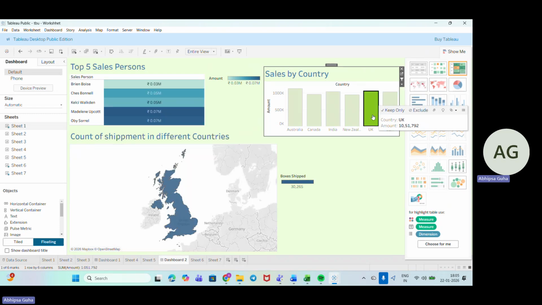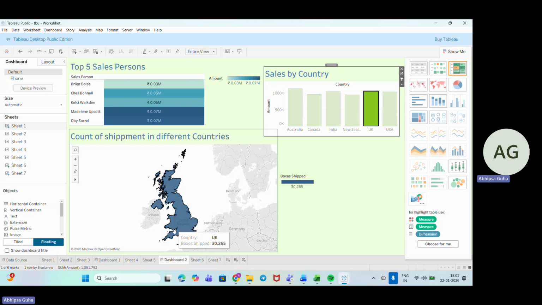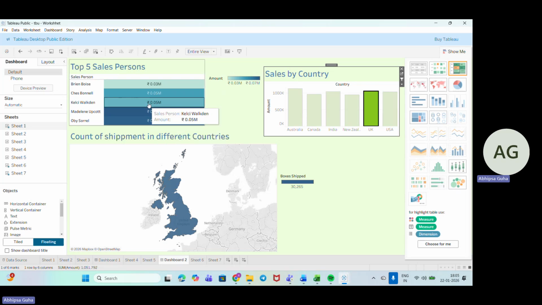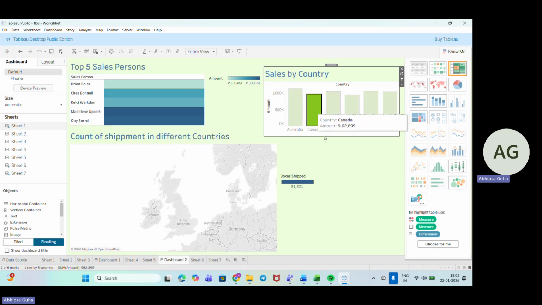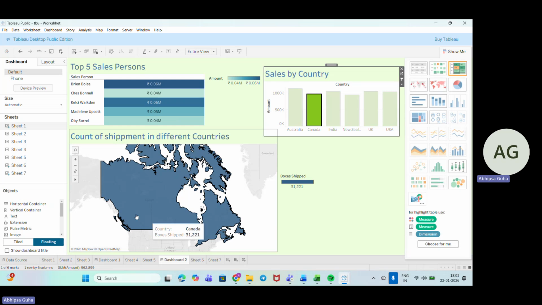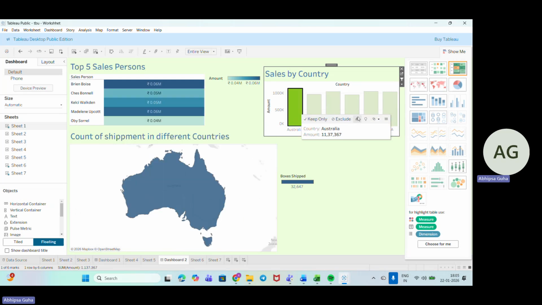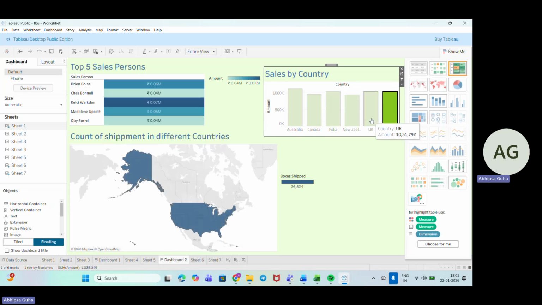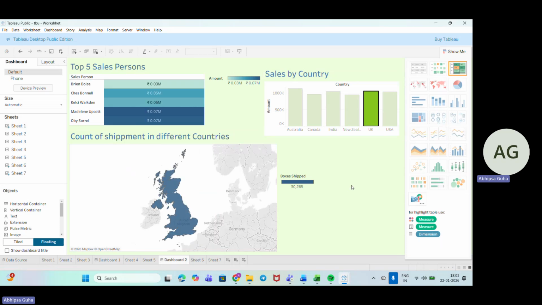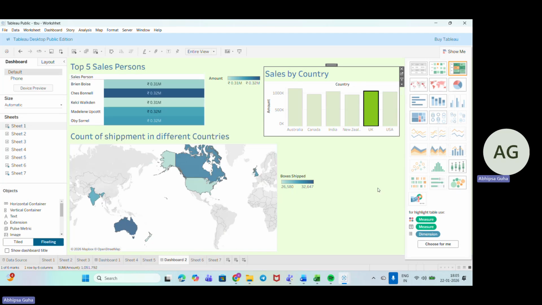So if I go here, you can see this area is zoomed. You'll be able to see it. And the top five salesperson details are getting updated. Okay, coming down here, the area is highlighted about Australia, about USA, about UK. This is how you can get it. Okay, so this is how you need to work. You need to make the graphs into a form so that you are able to use them as filters. Okay, so this is how you need to work with Tableau Public.